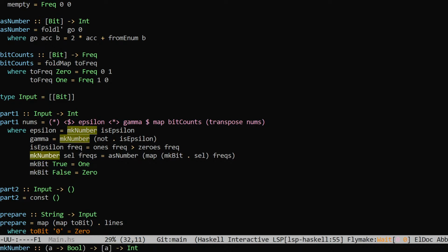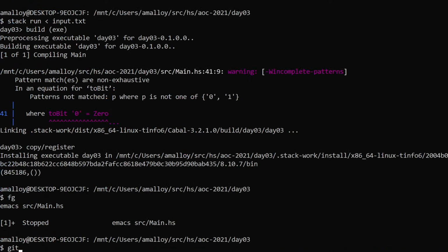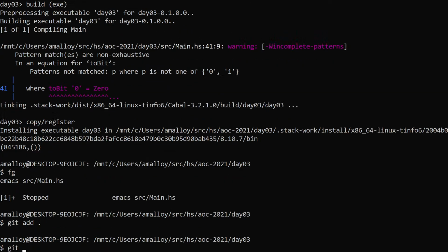And so given one of those selectors and a list of freaks, I can produce a number by converting each freak into a bit using the selector, either a 0 or a 1, and then calling bit count or as number, which we wrote a while ago. So I don't know. It definitely could have been cleaner, but I'll take it. Day 3, part